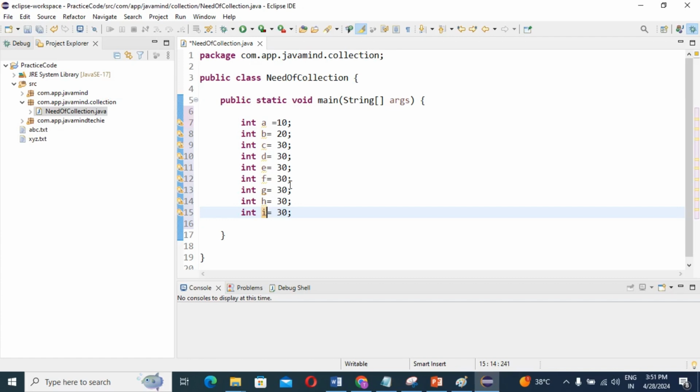So an array is a data structure which can hold homogeneous data elements only. That means we can store only the same type of data element. For example, guys, see, I am just writing here: int array equals new int, and the size of this